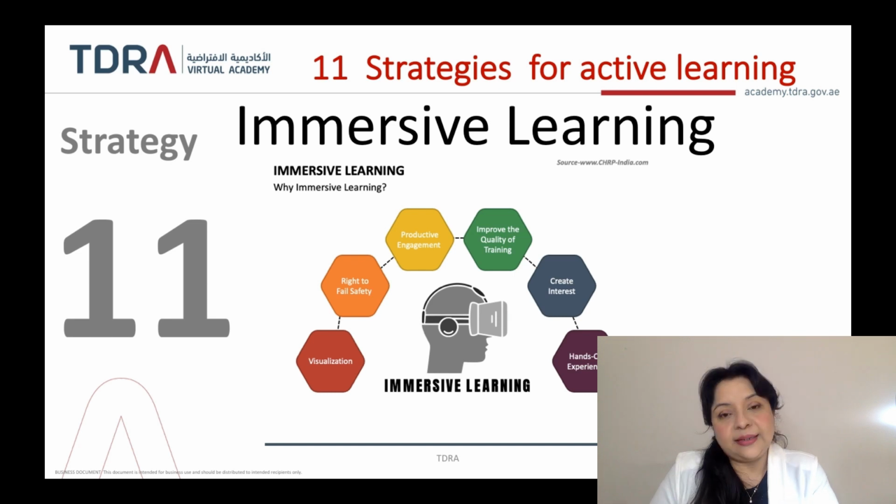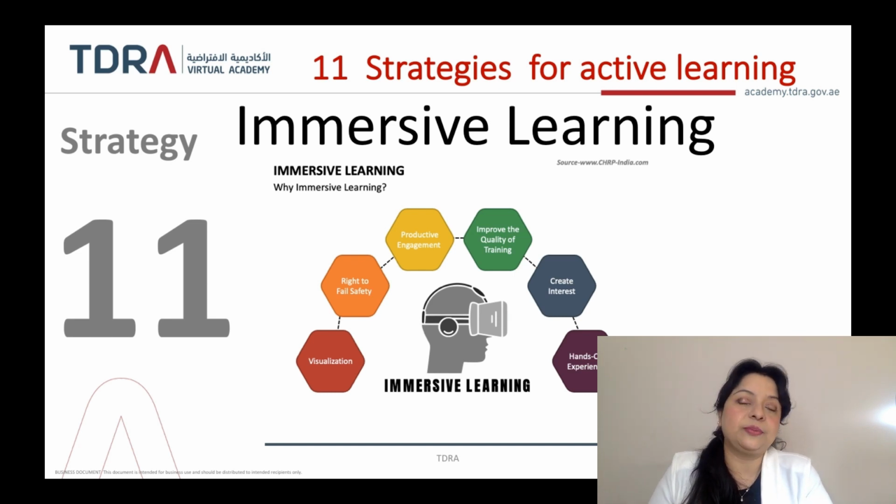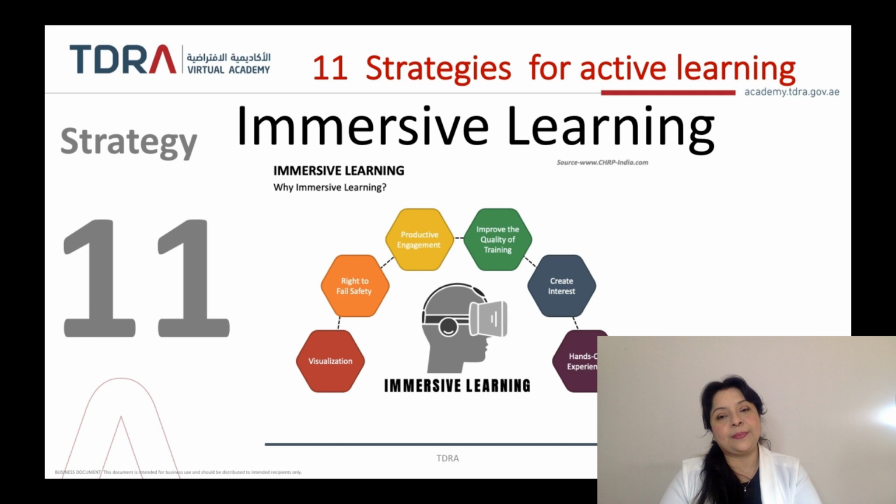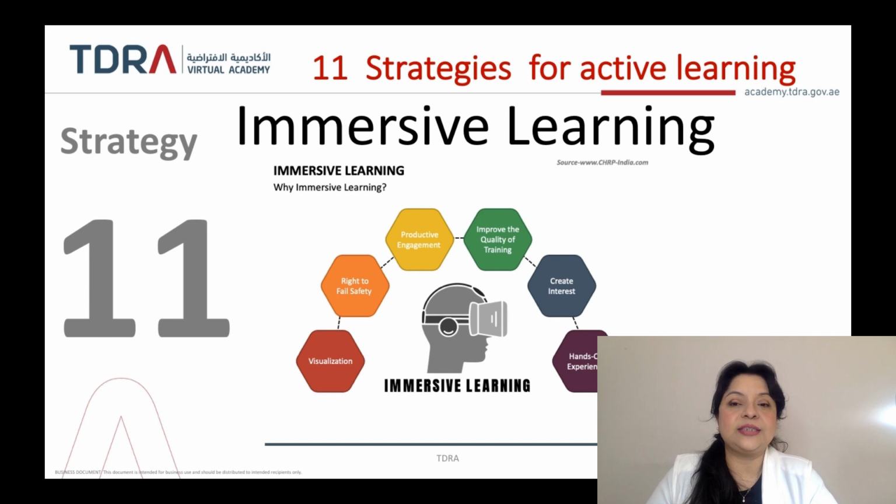So, these are the 11 strategies that we spoke about over and above the organizing principles of reflection, collation, integration, etc., and why active learning is very important for our brain function and for our brain health as well. We also understand today that organizations will be bettering their learning strategies if all of these can now be used on the online platform as well. So on the online platform, you can use all of this.